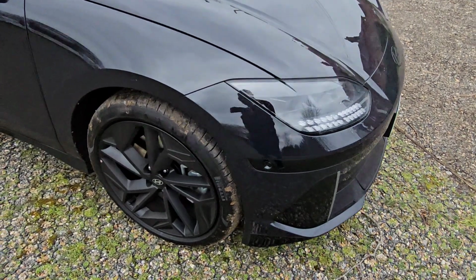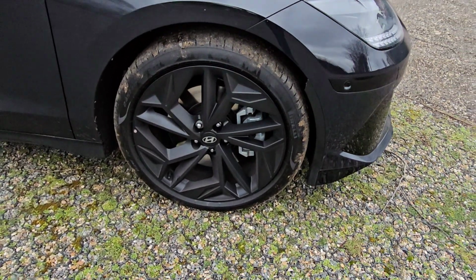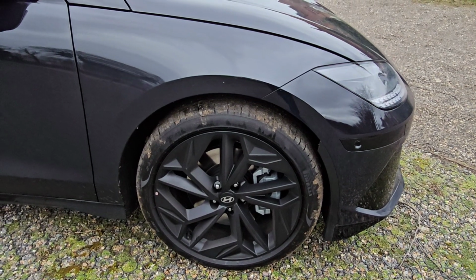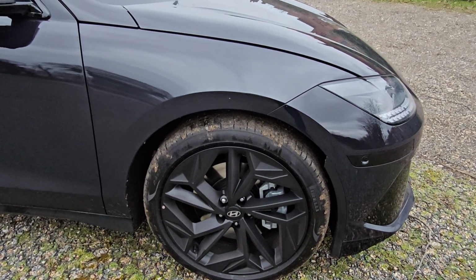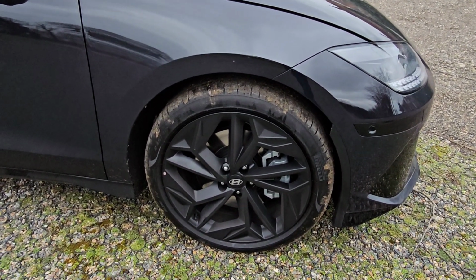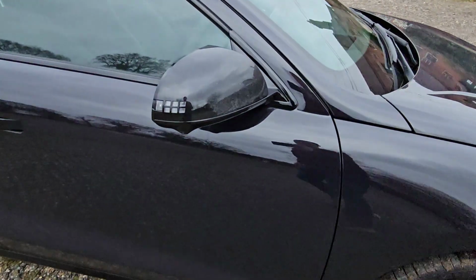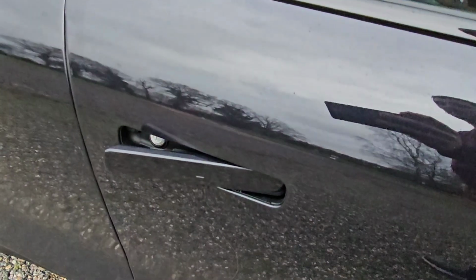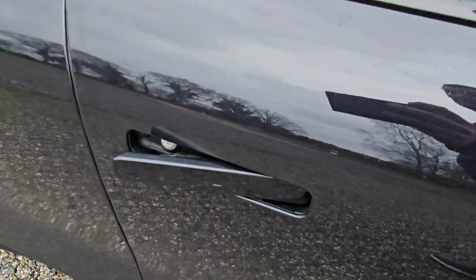which is pretty good. 20-inch black wheels on this one. This is the First Edition. It's more expensive than the other models, which have got more on it. Don't know how that works, but there we go. More pixely things on the door mirror. That's obviously your indicator. I quite like this. It's like a Jaguar F-Type with the sticky-out